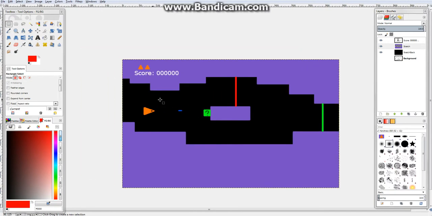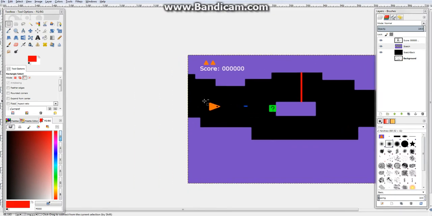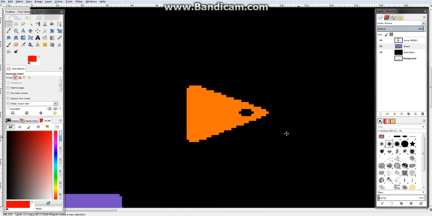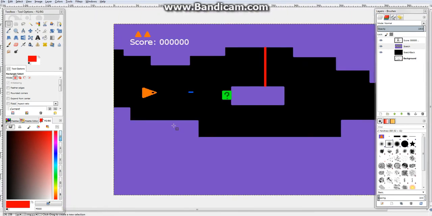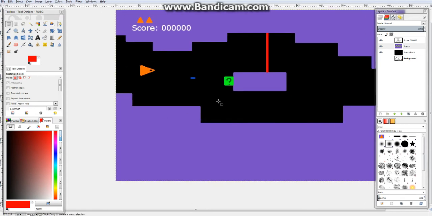So now we have our plan for what we want to do with our game. In the next episode, I just want to get the ship moving how I want it to. And I really just want it to go up and down. I may have it move forward and backwards. That way, if you accidentally start going the wrong way, you can easily turn back. But it really depends on how difficult I want the game to be, because I want to replicate classic arcade games, which were pretty difficult, and partly because they wanted to suck every last quarter out of you,